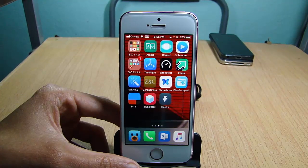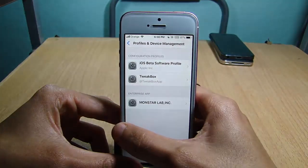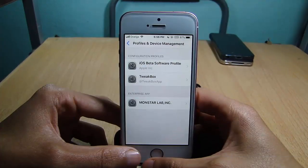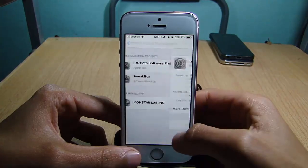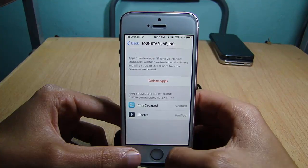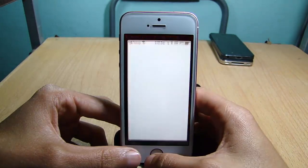once the download is done, go to the settings and go to general here, scroll to device profiles and device management, and go to Monster Lab, and make sure the Electra app is verified and trusted. Now go and open Electra and hit jailbreak,